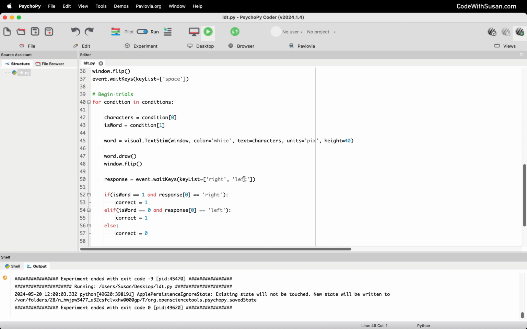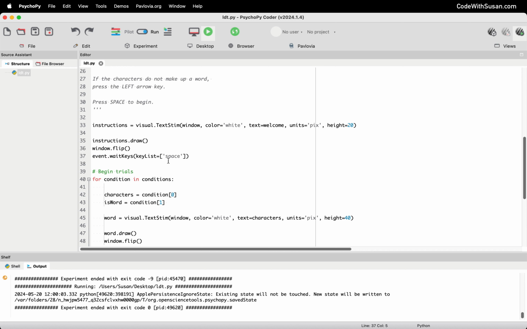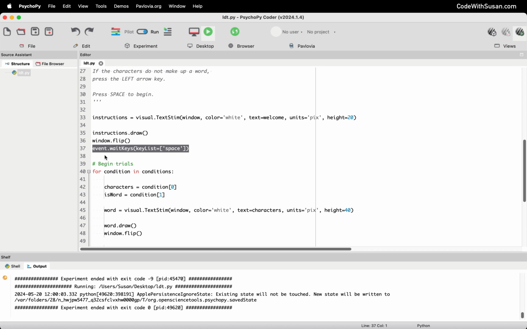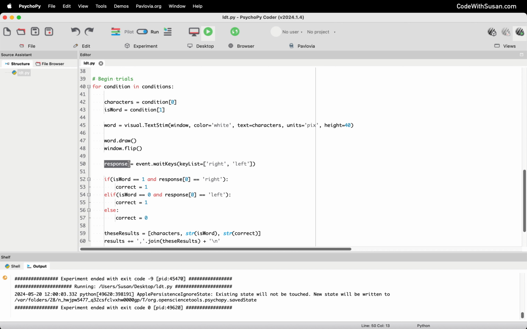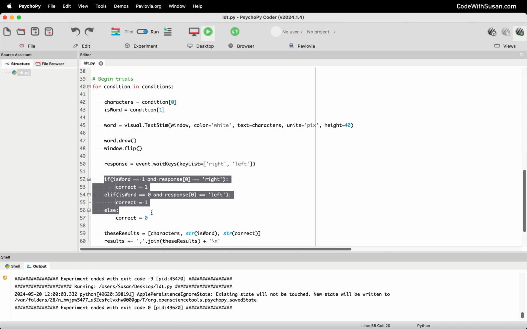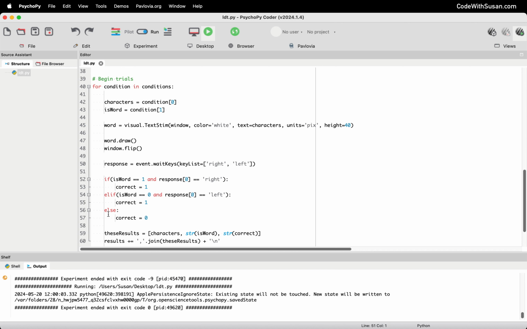Now in this example with our wait keys, notice that we are collecting the response of the wait keys in this variable called response, because we need to know which of the keys they press to indicate whether or not they got it correct. Now this is a little bit different if we go back up to our wait keys for the spacebar. We didn't actually set that to a variable because we didn't care what key was pressed. We just knew that the spacebar was pressed, at which point we would continue with the rest of the experiment. But here we need to know if it's right or left. So we collect that in this response variable, and then we use that in this if, else branch,